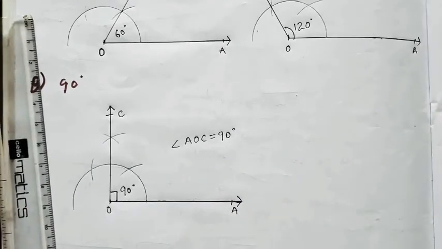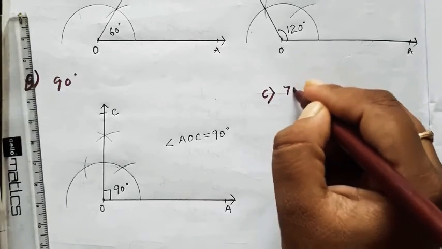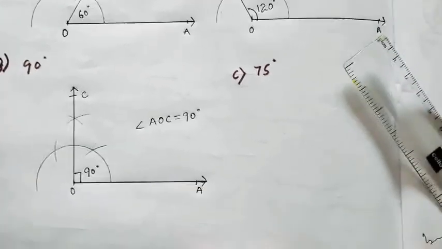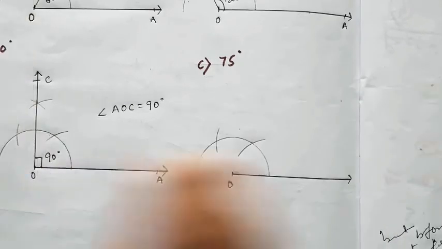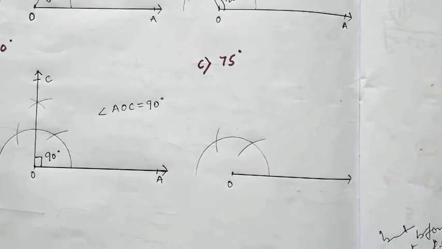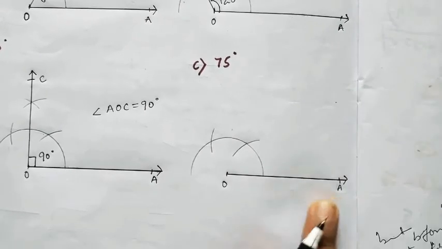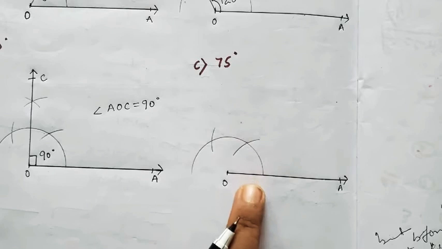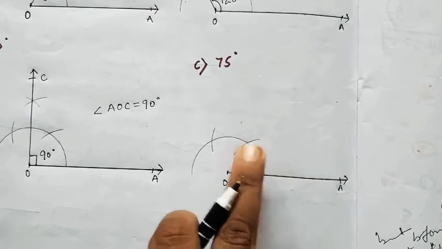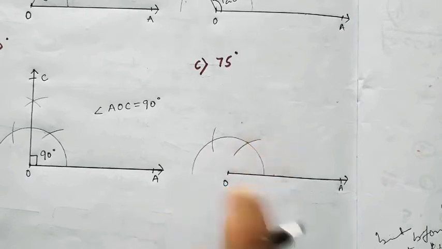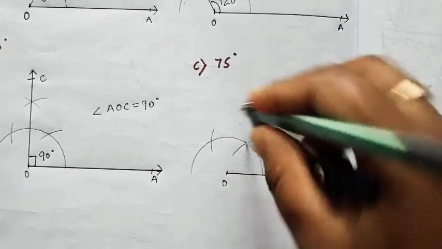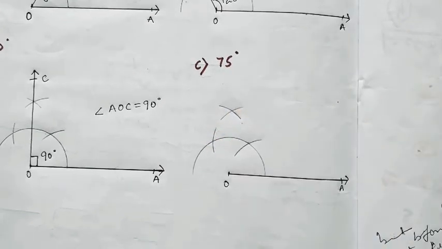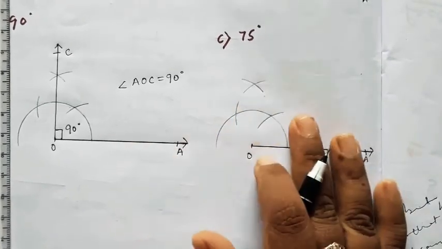Now side by side we will try to construct 75 degrees with the help of a compass. To construct 75 degrees also, you have to draw one base ray or base line. Extend it to some points, and from there take O as a reference, and draw one semicircle. From this point you have to mark two arcs. Now it is clear, I think. Same as before, first of all make the arc for 90 degrees. But as we know, we don't want 90 degrees. So what will we do?